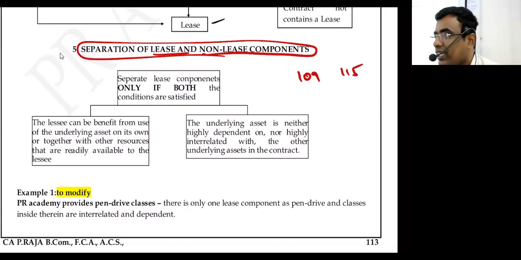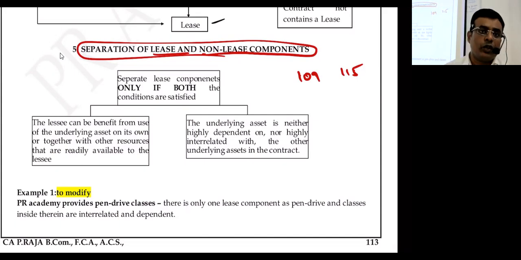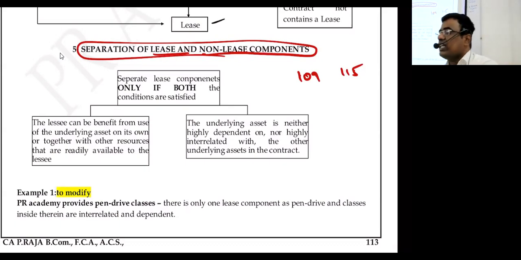Hello, are you getting connected with me? First, whatever we discussed: whether the contract is a lease contract or not. Lease contract means I would have considered 116; not a lease contract means I would have considered 115. Nowadays the first subject is like law or theory, auditing; most things are case studies only. Accounts is something different. Now listen.